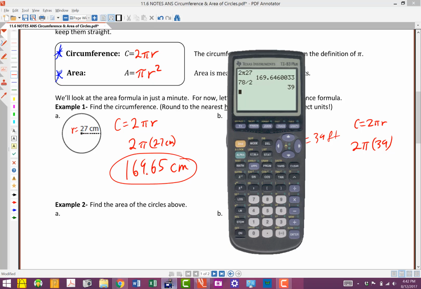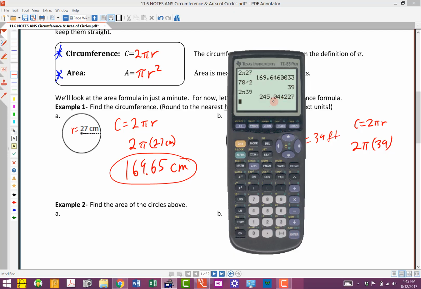So again, I'm going to pull up the calculator. I'm going to type in a 2. I need to hit the second button to grab the pi. That may or may not be the case on your calculator. If you're using a TI-30, it has a regular old pi button on it. In fact, it's right about there that there's a pi. And then I'm going to put the 39 in here. Again, it understands the implied multiplication. We're going to multiply them together. We get